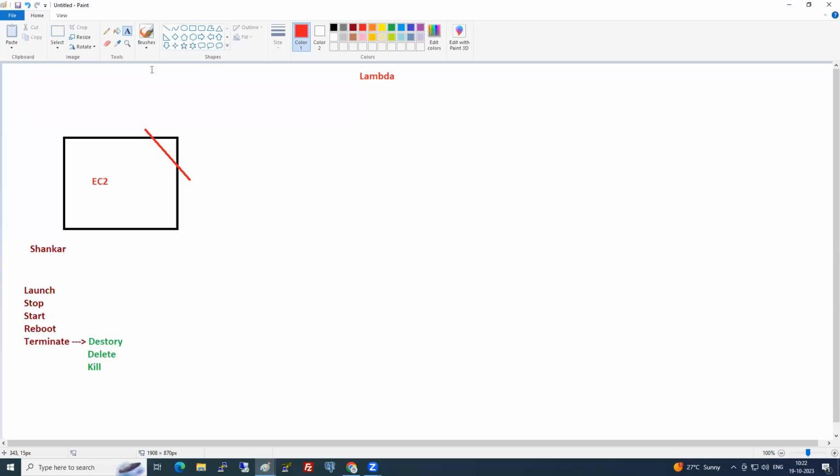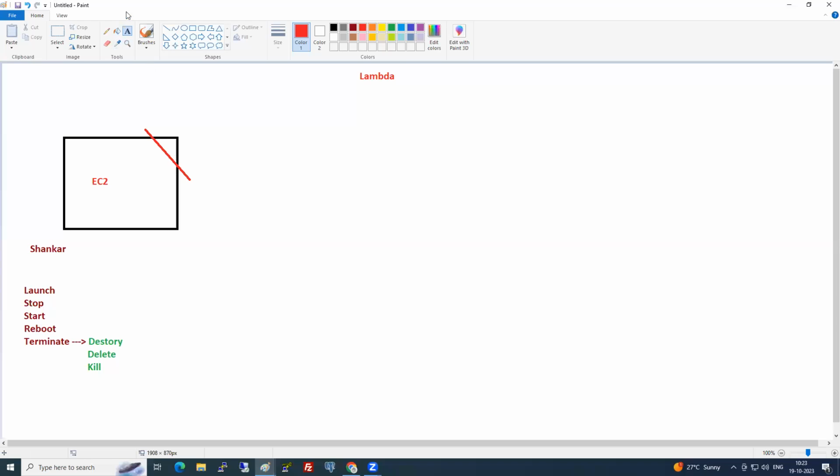All these events are located in one service called EventBridge. What does EventBridge contain? Events. In that EventBridge, which event am I interested in? The launch event. EventBridge is like a well. It contains so many events. You go inside, and whichever one you are interested in, pick it up. Which one am I interested in here? The launch event.